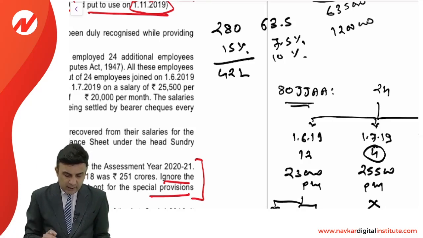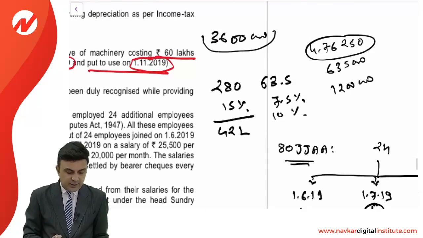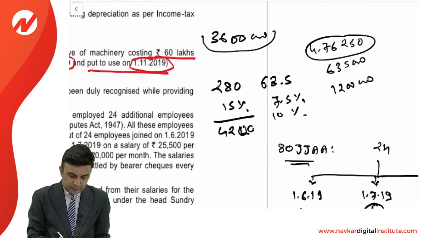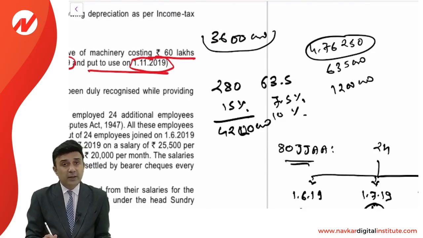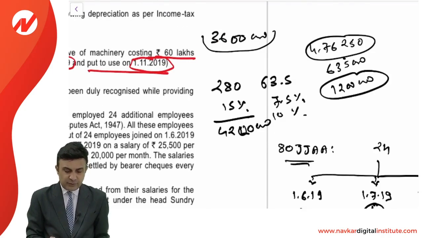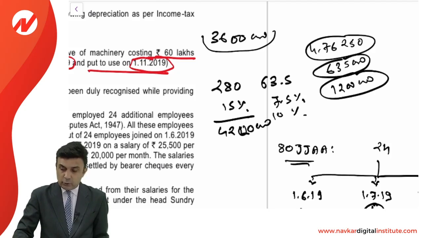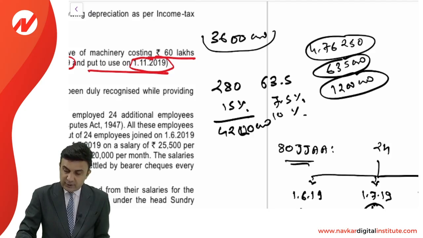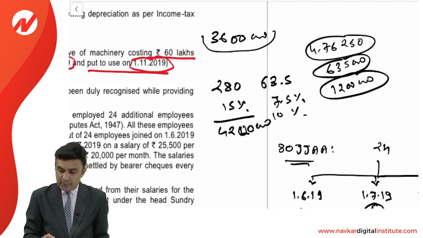Friends, my total depreciation here eligible will be, can we say 42 lakh plus 36 lakhs plus 476,250 plus 12 lakhs. So my total depreciation is coming to